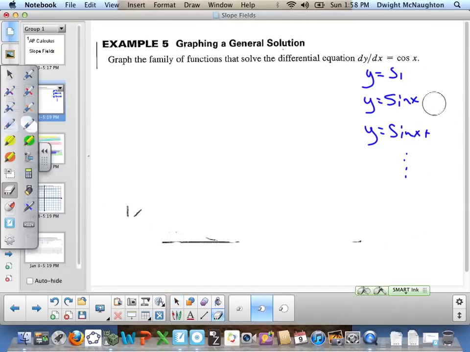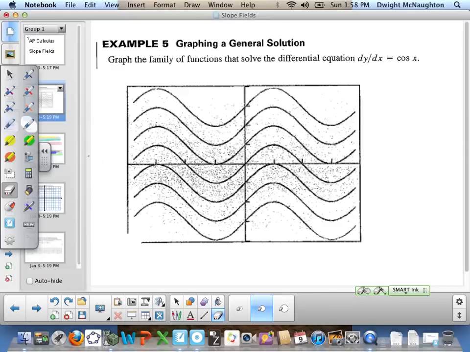One way we can show that is with a bunch of graphs. And you can see that each of these graphs is sine x plus or minus a value, with a shift up or down. And so this leads us to what's called slope fields. What we'll do